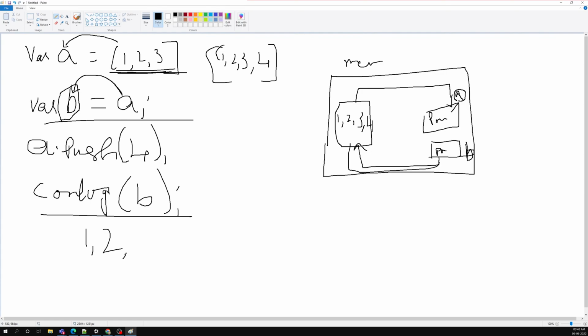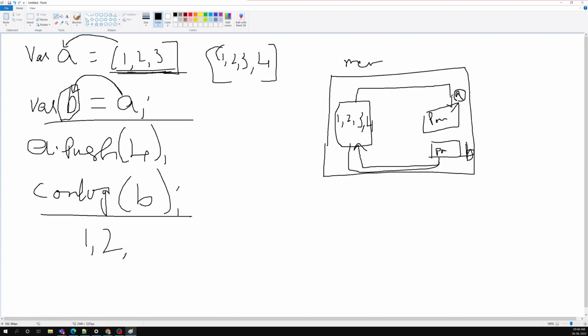So that means the reference will be stored in the array instead of the actual copy of these values. Why does this happen in JavaScript? Because browser memory is very limited. You know that Chrome or any browser memory is very limited. So these are complex data structures, complex data types. We cannot maintain a copy of this for the array variable